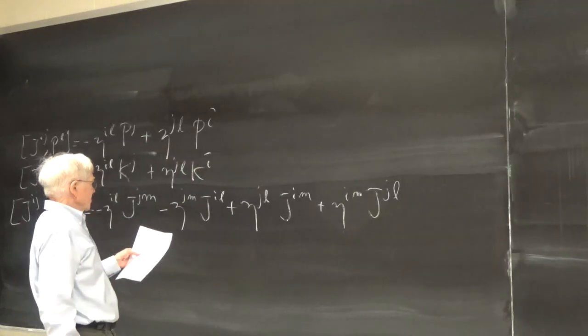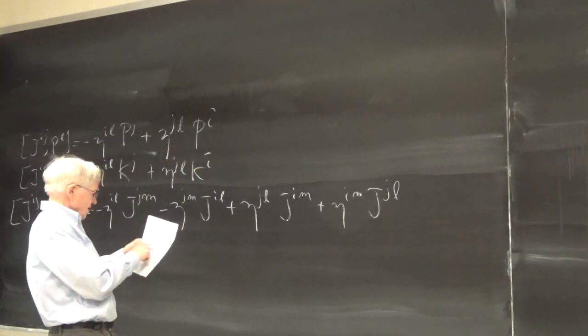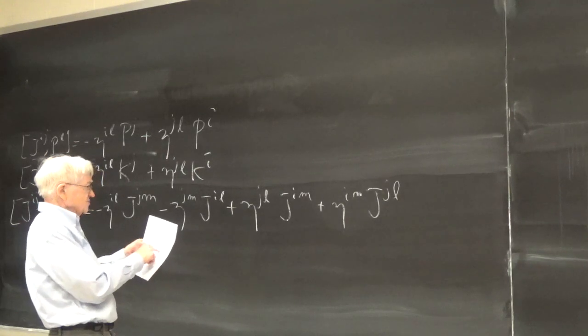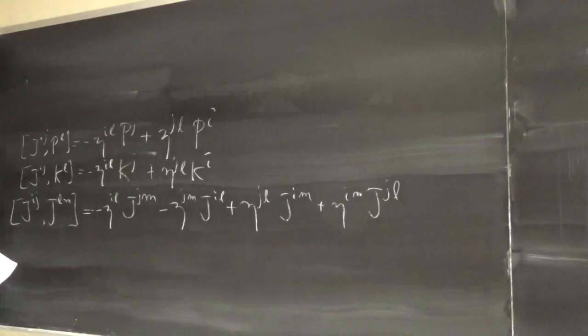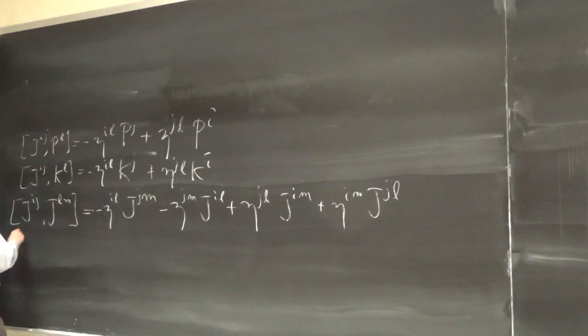Wait a minute, I screwed up. There's something wrong here. IM JL, okay. JLI, all right, this apparently is right. Okay. And the last one is that the generator of a Lorentz, of a conformal transformation